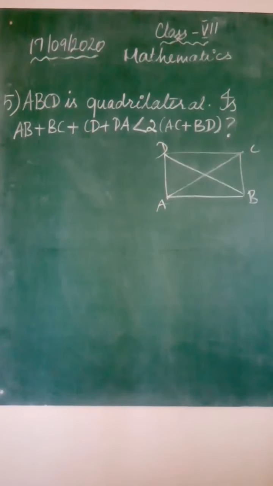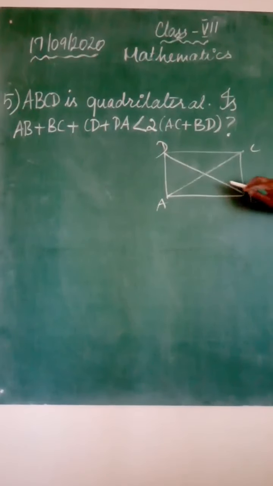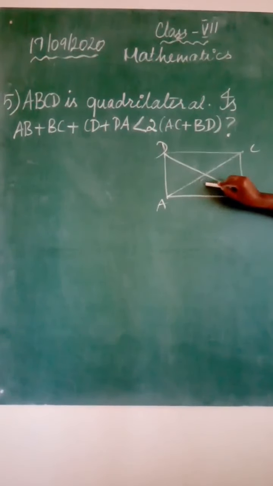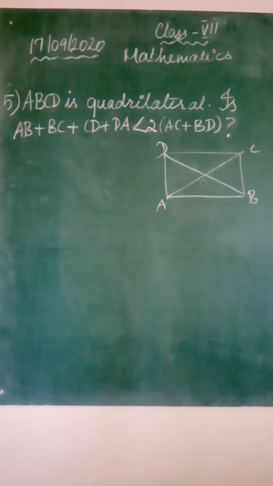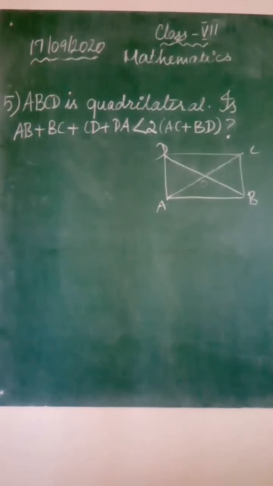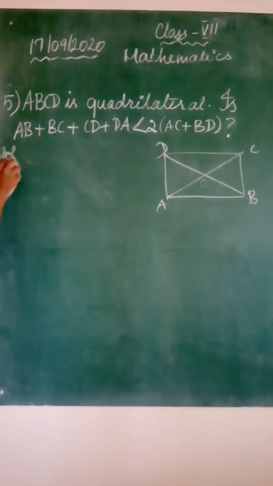So what is a diagonal? A diagonal is a line that connects two opposite ends, two opposite corners. Okay, now let me have the point where the diagonals meet as O. So what will you have next? Now we will use the formula that we have learned, that is sum of two sides greater than the third side in a triangle. So we will use that.